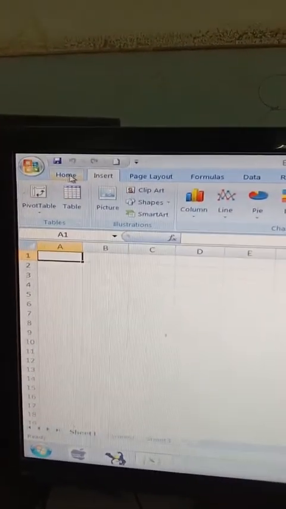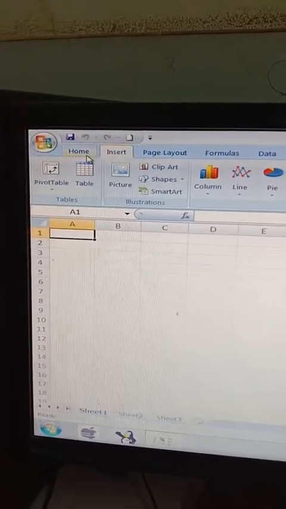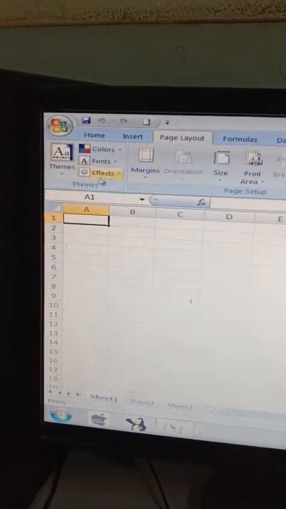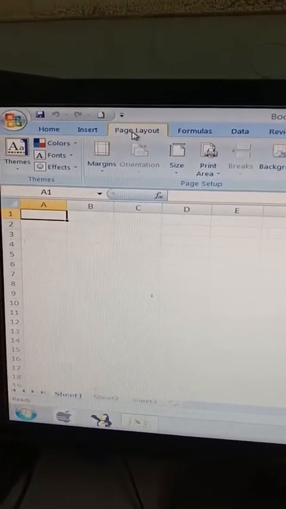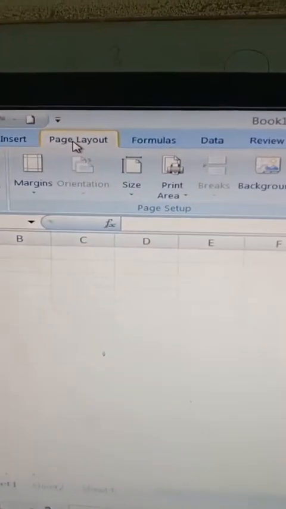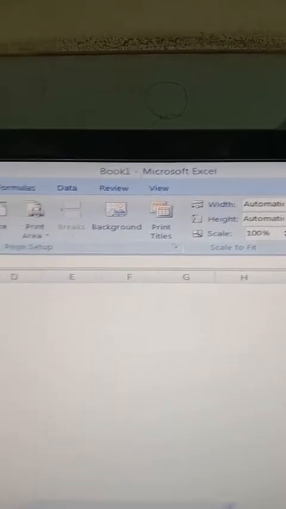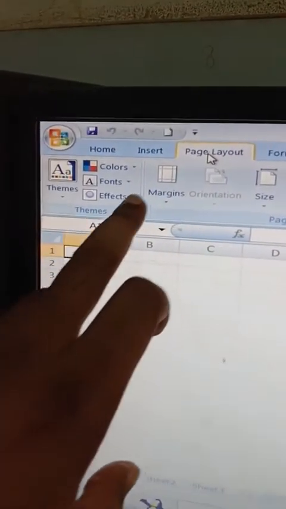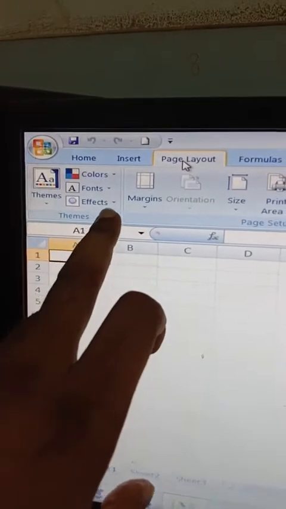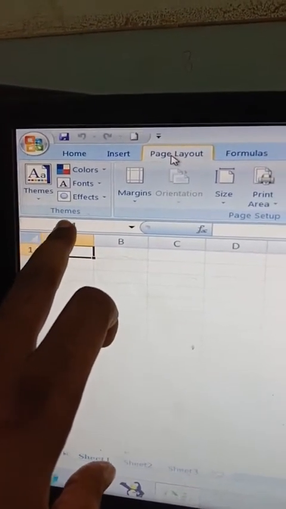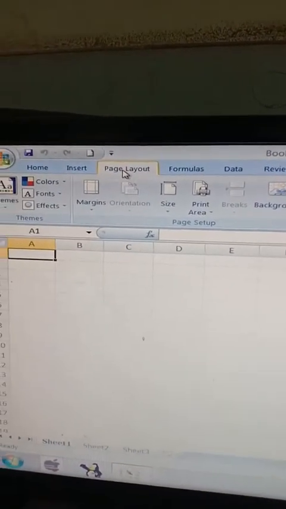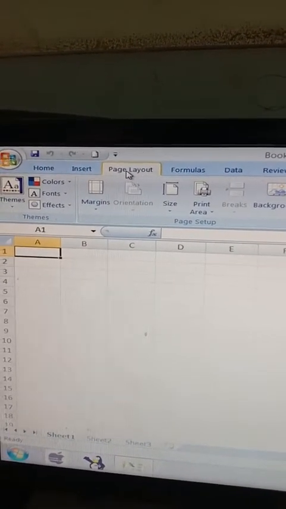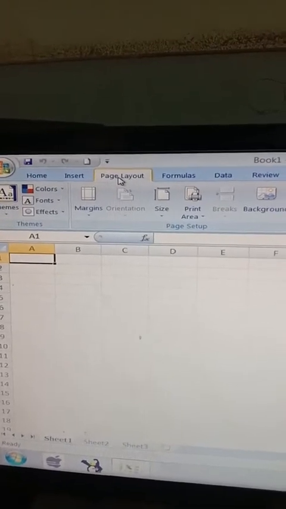So these are the different types of tabs, like home tab and insert tab. Whenever we click on any tab, the different groups under that tab appear. As soon as I click on the page layout tab, we have the themes group, then the page setup group, then the scale to fit group, and each group has several commands under it. These are the commands under the themes group. So the ribbon generally consists of three things: tab, group and commands.